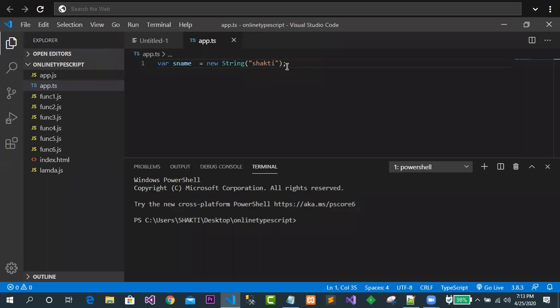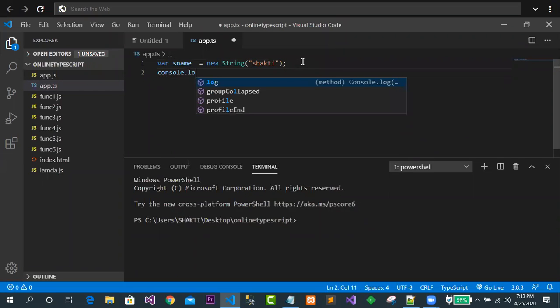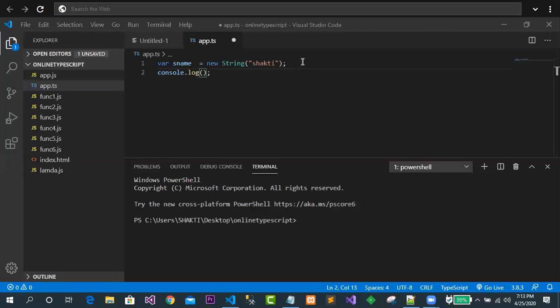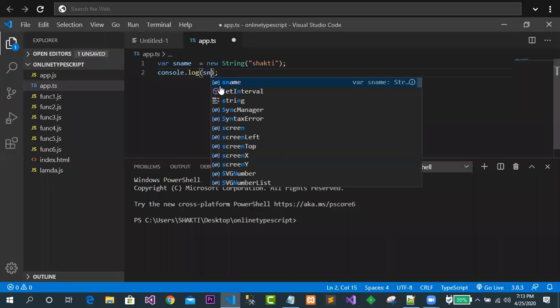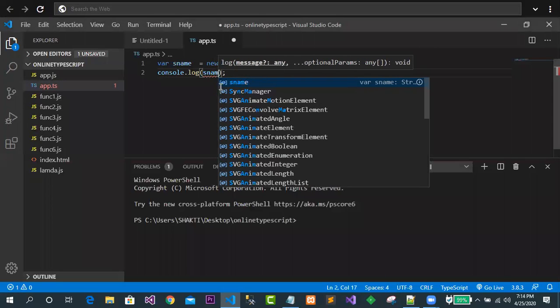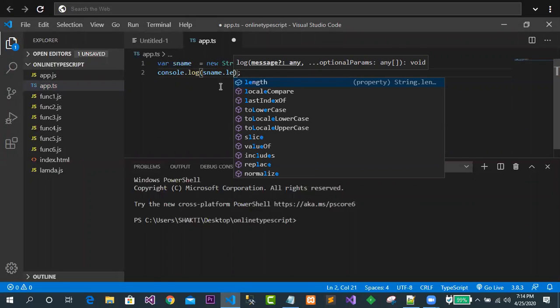So in this case this became an object. Now this is the reference variable which is representing this object. Now Shakti is an object of which class? String class. So I can use console.log with a property of the string class, which will be accessed by sname dot length property.